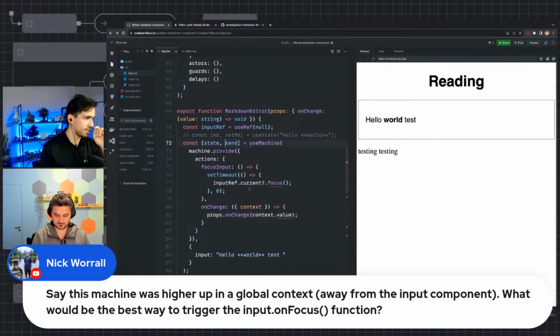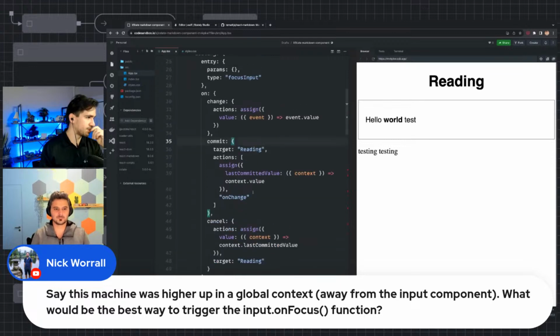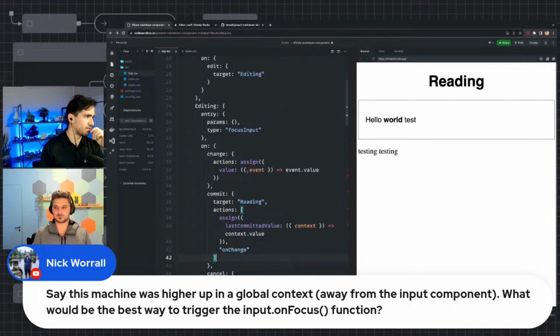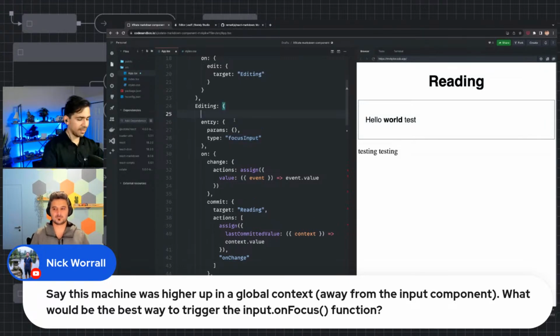Like, if we imagine that this is higher up, you could use metadata, you could use state tags. It's not that there's no solution, there's a bunch of possible solutions to this. So let's say that we wanted this focus input to happen whenever we're in the editing state. You could be a little bit more declarative, which I would honestly argue that with focusing an input, it's not a declarative thing. It's very much an imperative thing, because it's a one-time thing where you need this input to be focused. But you could say something like tags